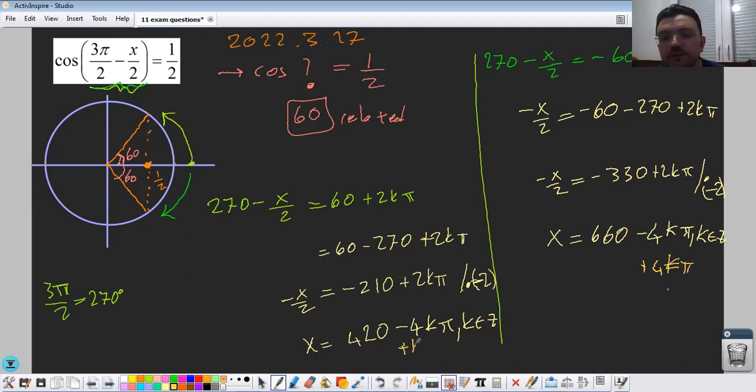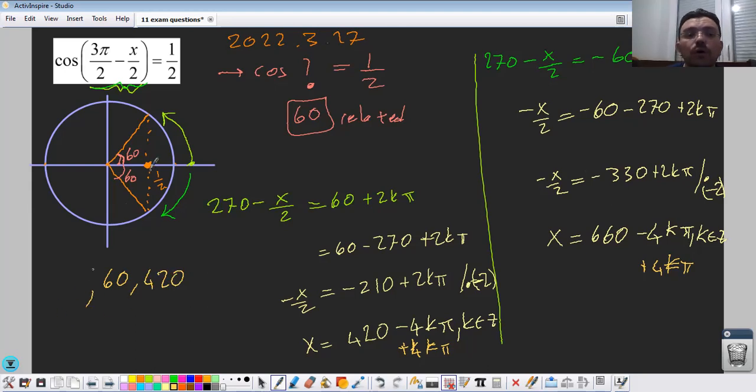It doesn't matter, plus 4kπ. Remember from the explanation in class, this 60 can be replaced: instead of 60, we can use many angles which are coterminal with 60 degrees. If you continue another full circle, you will do 60 plus 360, which is 420. Or if you do